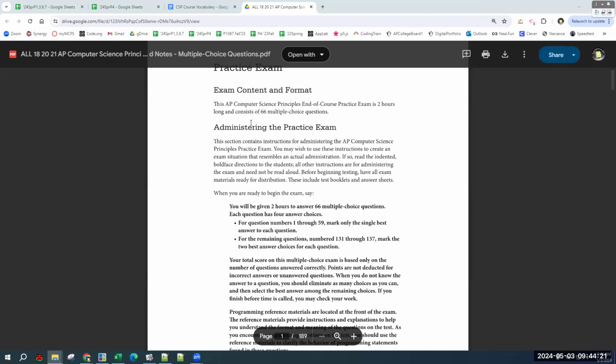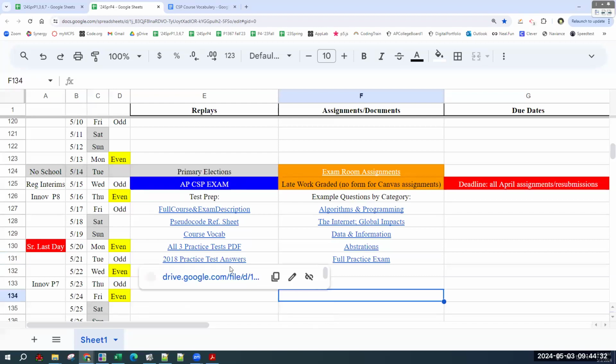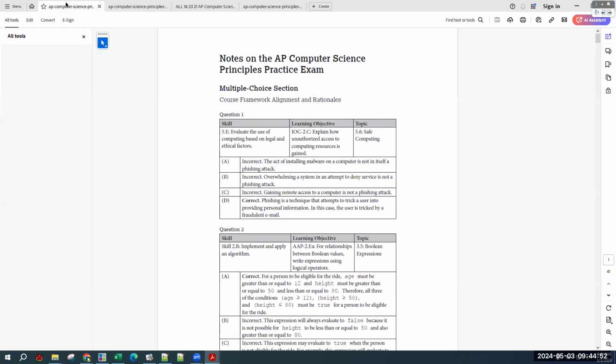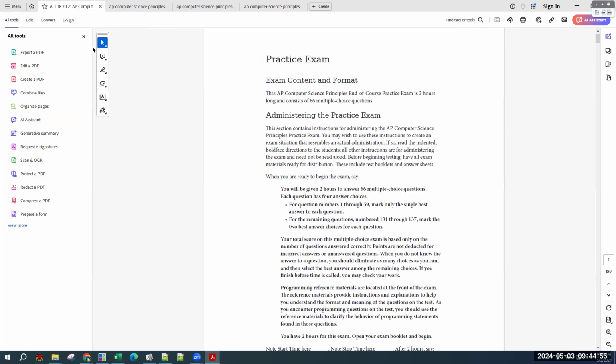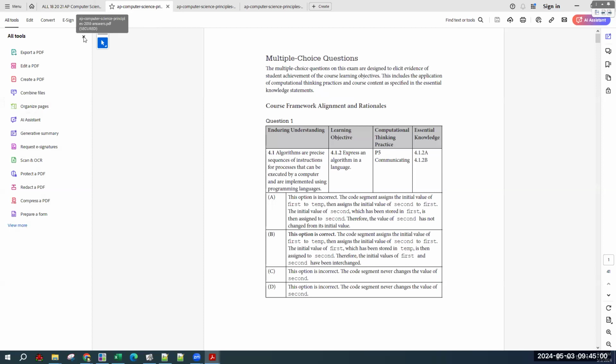And so the 4 documents that we're going to use are all 3 practice tests in PDF form. And then the 3 documents that I wasn't able to combine, but they are the answers for those 3 tests with explanations. Okay, you'll see it looks like this. So the full practice test is this one, which is that first PDF, and then we have